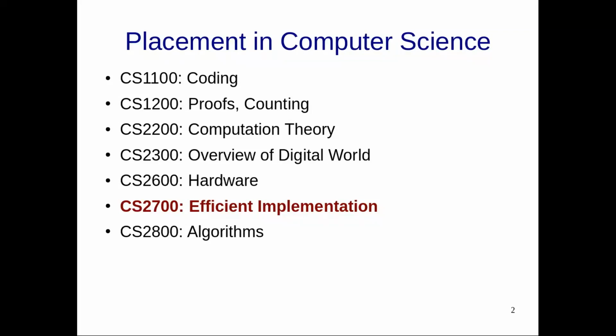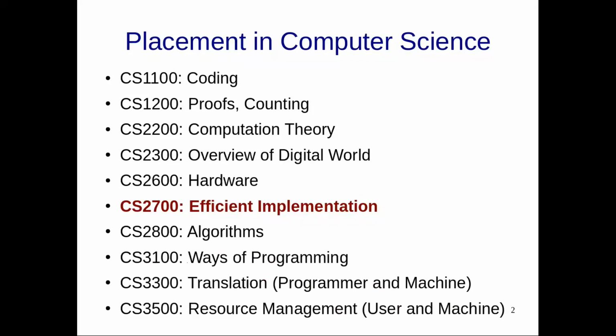Once you know these data structures, then algorithms are going to make use of these efficient data structures to implement your codes. In the third year, students learn different ways of programming in paradigms of programming, for example, functional and logic. They also learn object-oriented programming as part of 2810, which is also in the second year, that is the fourth semester. 3300 is compiler design, where we learn about the translation from